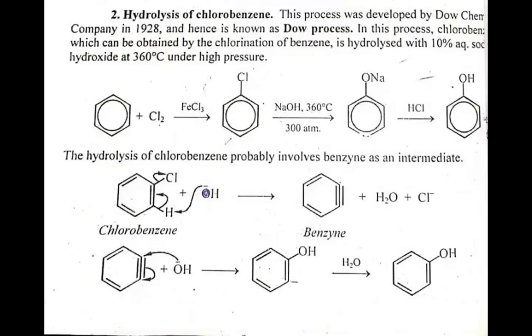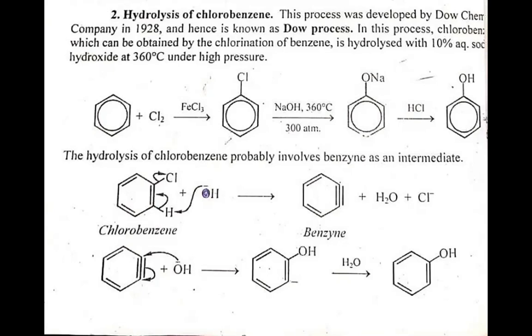Now, the next method for the preparation of phenol is by hydrolysis of chlorobenzene. This process was developed by a company known as Dow Chemical Company in 1928, and hence this is known as the Dow process, named after the company that developed this method. In this process, we will do hydrolysis of chlorobenzene with 10% solution of sodium